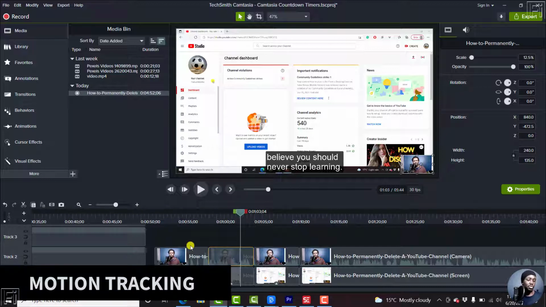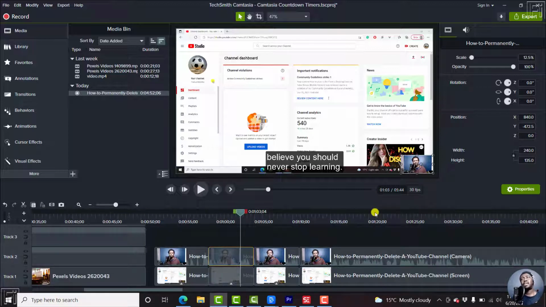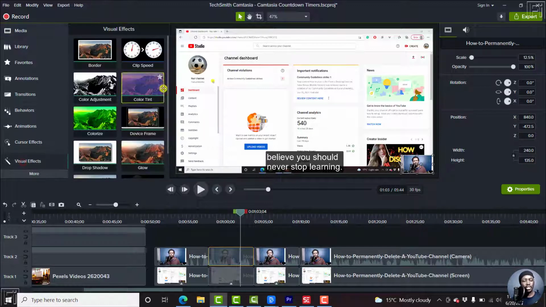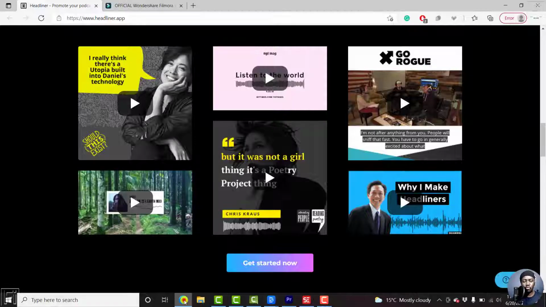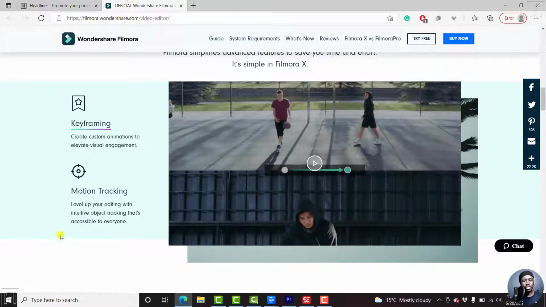Next up, it's motion tracking. It would be awesome to have motion tracking, especially if you create videos that need a lot of blurring. If you want to do some videos and want to follow the subject, that would be awesome to have as a visual effect, a motion tracking visual effect. An example is from Filmora. This is a company that has been blowing out with different options, keyframing, motion tracking, so that you can track